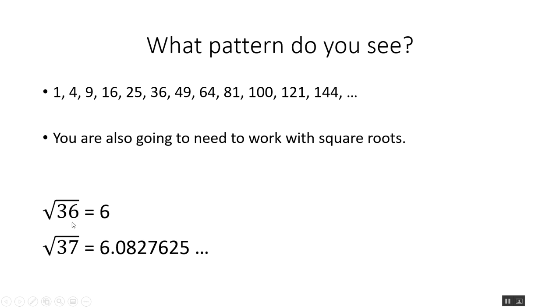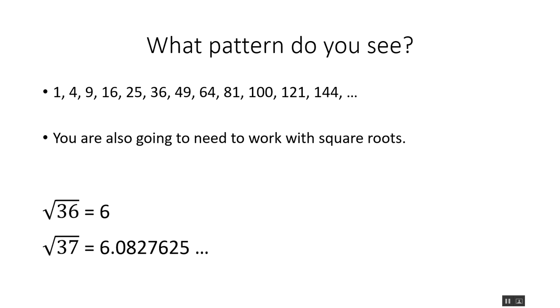That's what we say. We're going to ask ourselves, what times what equals 36 when we put that radical there? And it turns out that it's 6, or plus 6 or minus 6. But we usually talk about something called the principal root, so it would be the positive number. So positive 6 is the square root of 36. And perfect squares are the only ones that have these integer